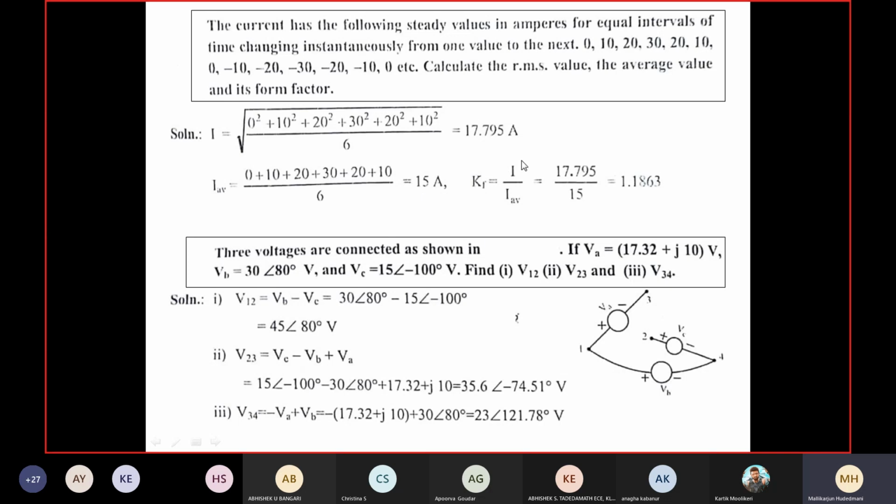Then the form factor, how do you do it? Calculate the ratio of RMS to the average. Simple problem I have picked here. Okay. Next, this is another variety of problem, like the potential of a point in an electric circuit. In a DC circuit, you have learned VAB, VXY, VXZ. Some problems we have done. Hope you remember. I have shared that PPT also with you, with some sample guidelines.